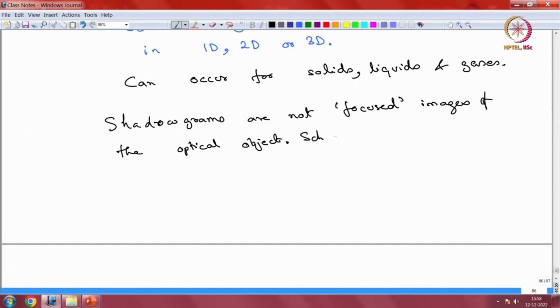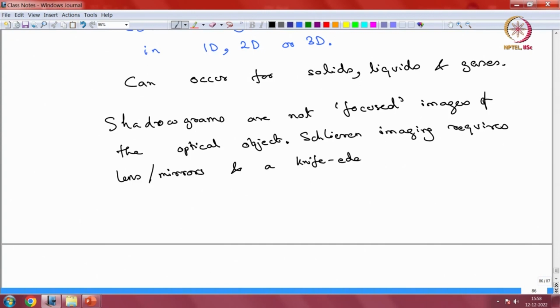However, Schlieren imaging requires either parabolic mirrors or lenses or mirrors and a knife edge. So it need not always be a knife edge, but something to block off images. So basically a blocker,